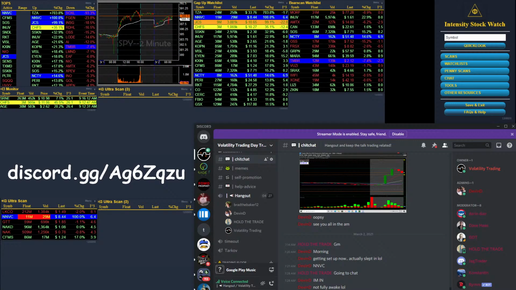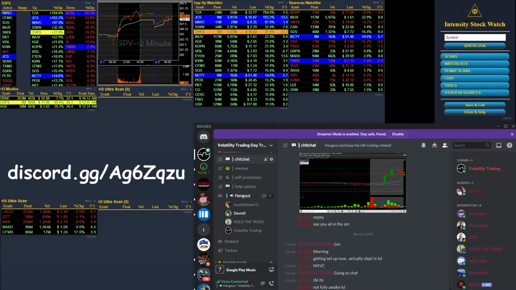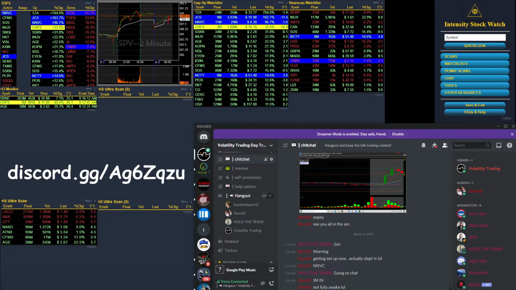Where's VWAP? I seriously need to take time to figure out how to put that on my chart because I just don't have it. You could definitely put it on your chart. I'm sure that I could. I just gotta actually do it, and I never think about it until I'm in the middle of a trade. Like, oh, it really would be helpful if I had VWAP here, wouldn't it? I would kind of like to know where that is. That's an important line for some reason.